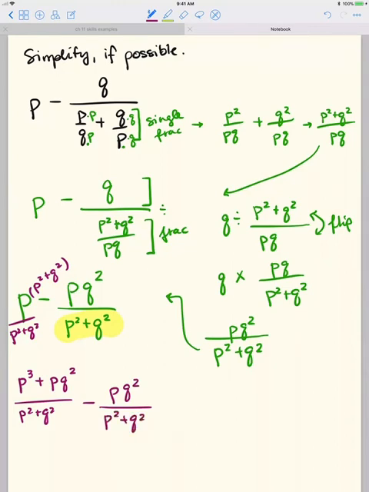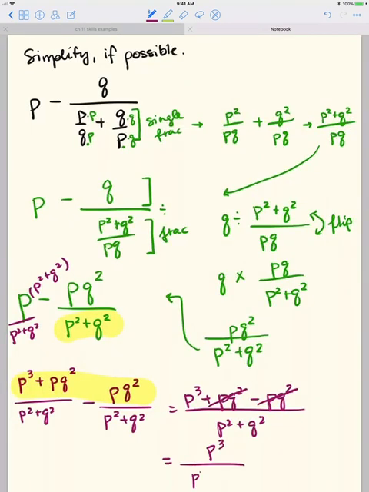And now since I have a common denominator, I can subtract across the top. And if you'll notice, we get p cubed plus pq squared minus pq squared, and p squared plus q squared on the bottom. And the pq squared terms actually subtract to 0 because they're exactly alike. They're like terms. And what we're left with is p cubed in the numerator